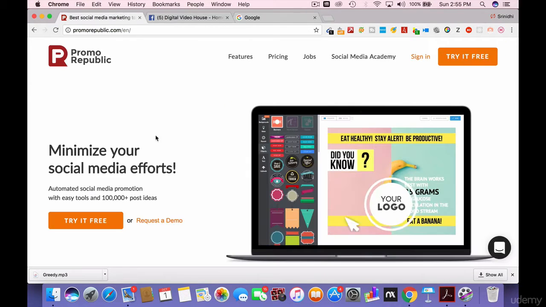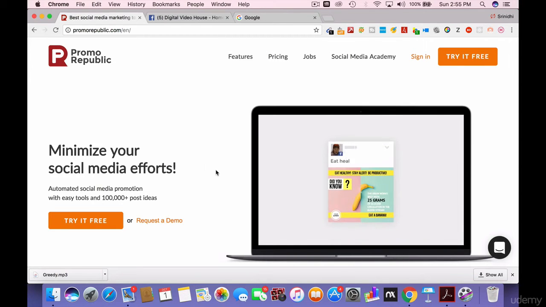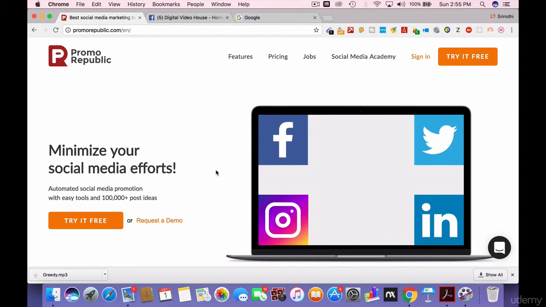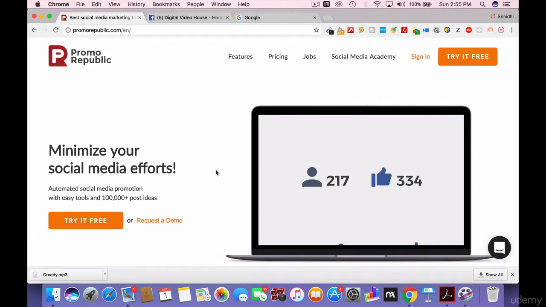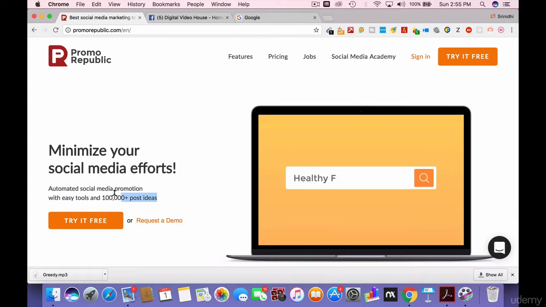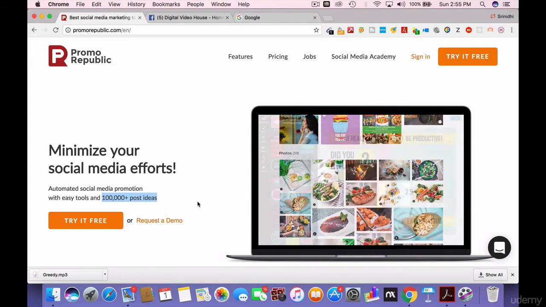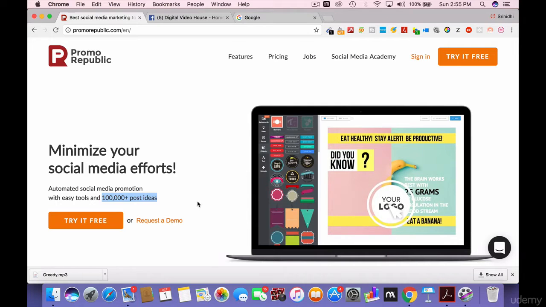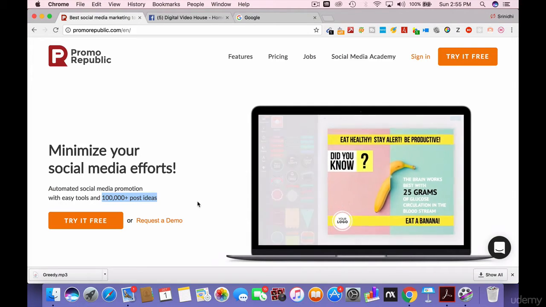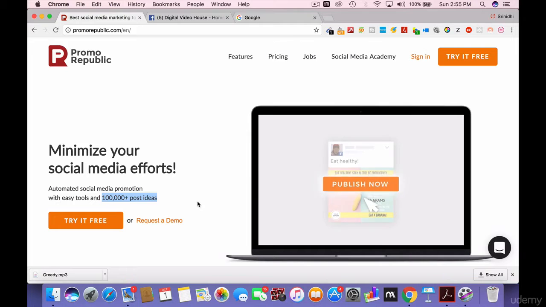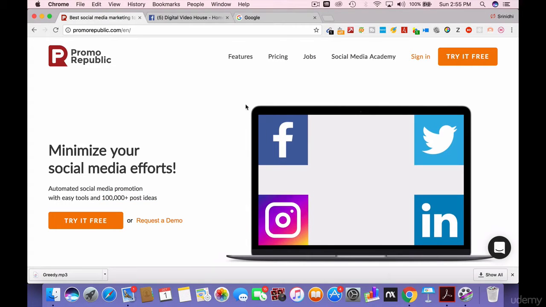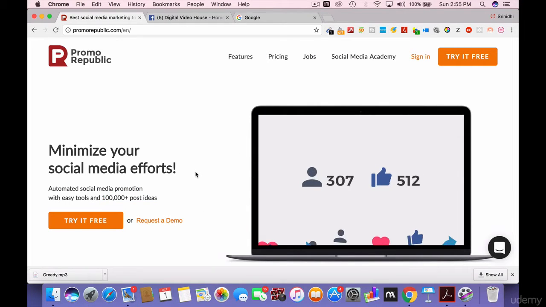So we'll be dealing with two tools here. The first one is called PromoRepublic. In the course I'll be teaching you this particular tool. It's going to give you 100,000 plus post ideas to create graphics. So you don't have to be a designer at all. You don't need to use Illustrator, Photoshop, or InDesign. You can just use this online cloud-based tool to create amazing graphics and see your likes and comments and social